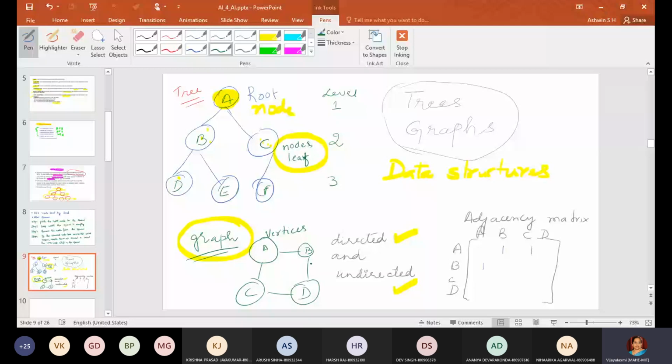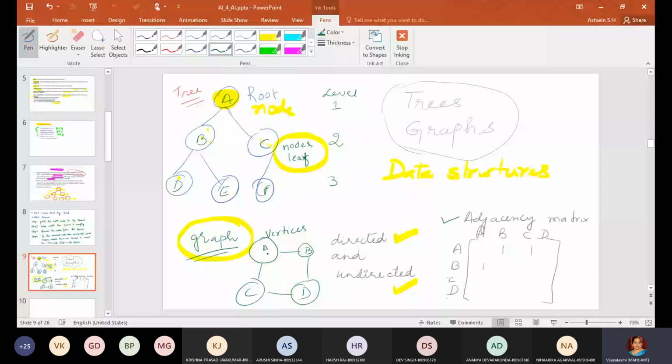If it is directed, then slightly we have to think about the adjacency matrix. We have to draw the adjacency matrix. This adjacency matrix will help us, okay, how to do DFS or BFS. I'll just tell you how we can draw this. Okay, see here, let me consider this undirected graph. So you just mark the vertices A, B, C, D. Here also you mark A, B, C, D.